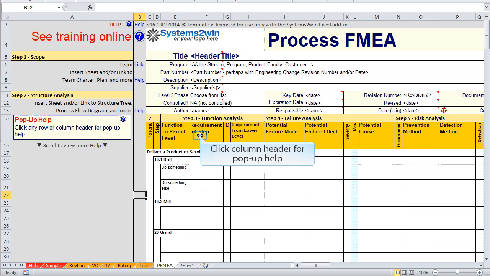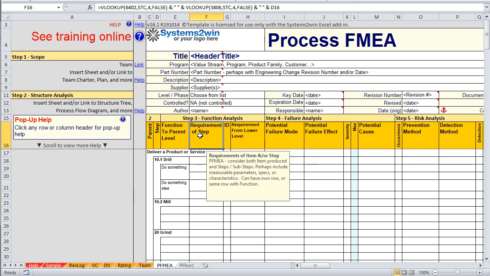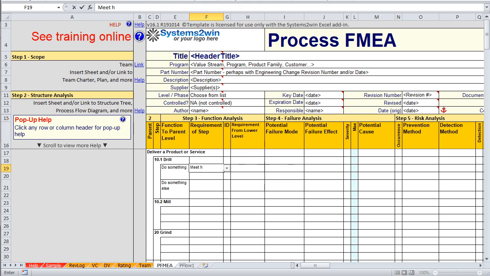Let's look at the pop-up help for the next column. Considering both the higher level item and or service being produced and the step, what are the specs needed to provide the function? What are the specs needed to do something?